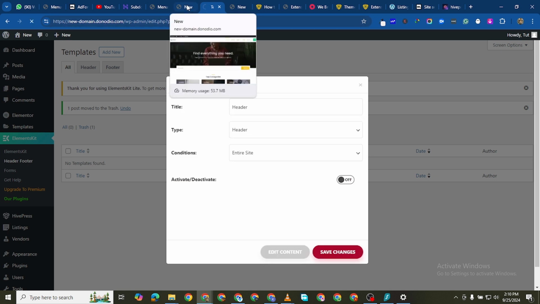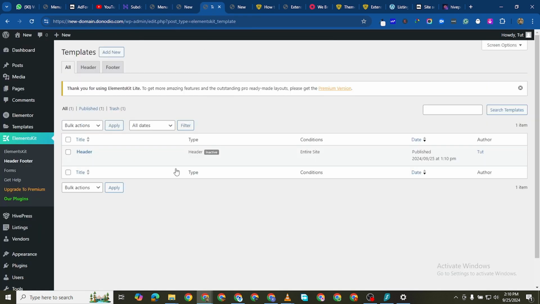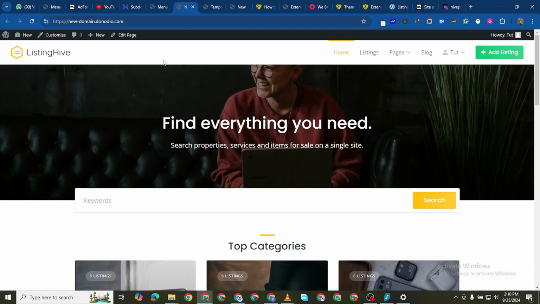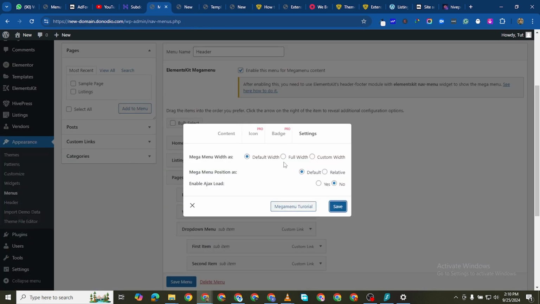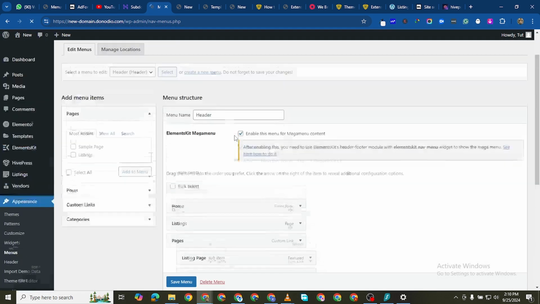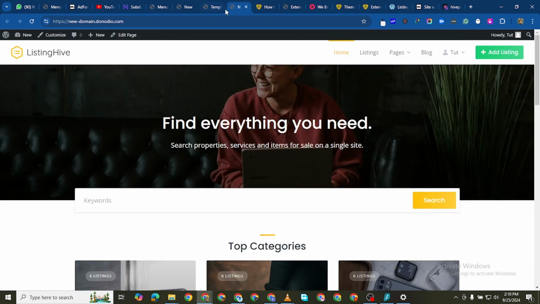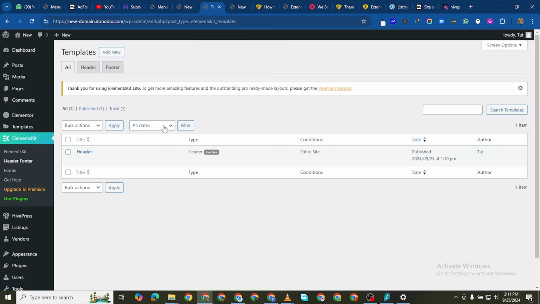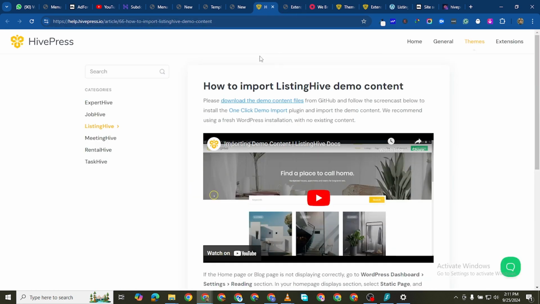Save changes first. Now it's going to bring you here. One thing you need to do is to come and make sure, let me close this and reload this. Select the menu item. Let's say I want to have this mega menu to be under listings. You have to know which particular item you want the mega menu to be under. Now that I've had Elementor, when I activate this header footer, it's going to take over from this particular